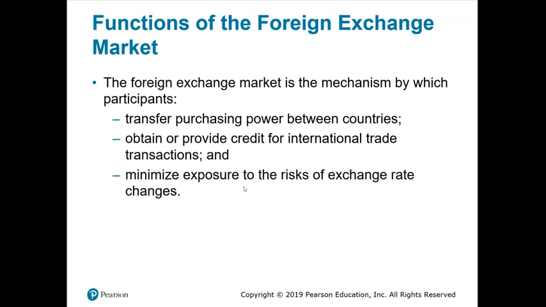Okay. We'll talk about this. This is actually a major part of our discussion, how the foreign exchange market is used to reduce the exposure to exchange rate risk. Okay. We are not going to talk about the financing services in more detail, but the third function, minimizing exposure to risk, that is something we'll spend more time on later. Okay. Now,